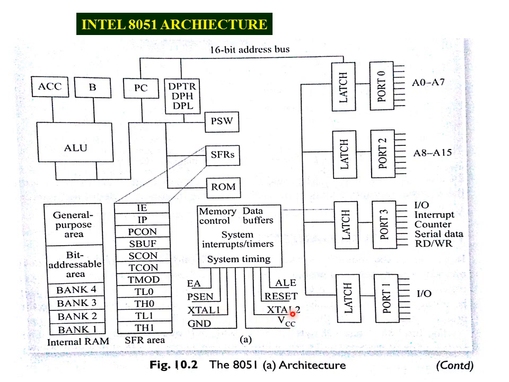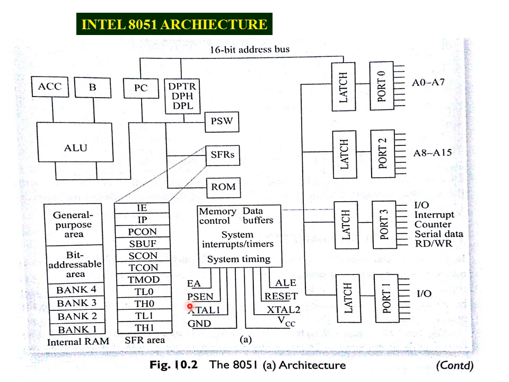XTAL1, XTAL2 are the oscillation signals which will connect to the crystal circuit to generate clock pulses. Next, reset. For every operation, the 8051 is going to be reset with this pin or with this control signal. And PSEN is nothing but program store enable. Using this program store enable, the 8051 can read the data from ROM. We will see how it will read data from the ROM.